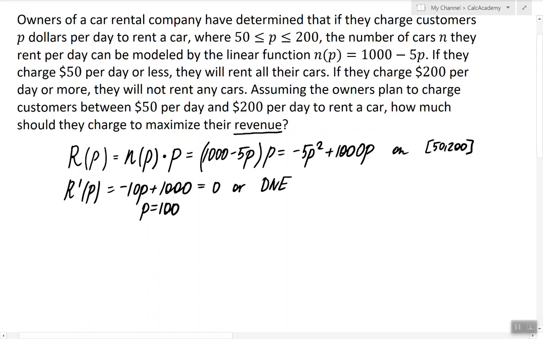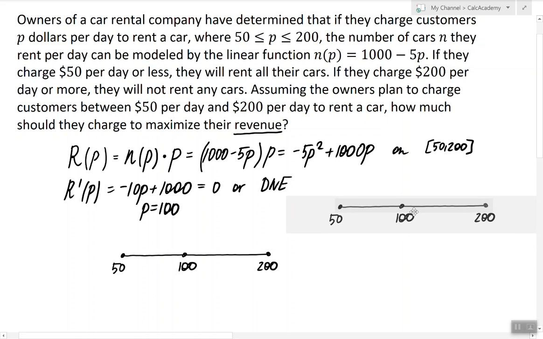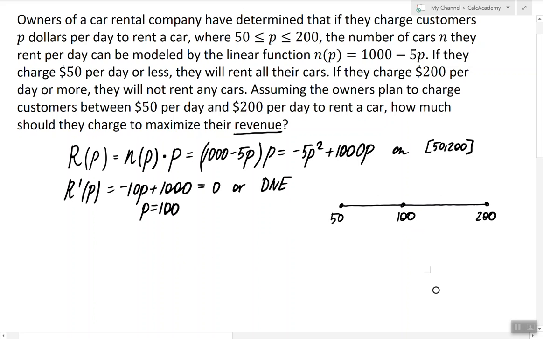However, we can't conclude right away that this is the price that we have to charge. We have to compare the outcome of the function at this point with the outcome of the function at the endpoints of the closed interval, because it is totally possible that we can maximize the revenue by just trying to maximize the number of cars that we rent at $50 per car. So let's go ahead and find